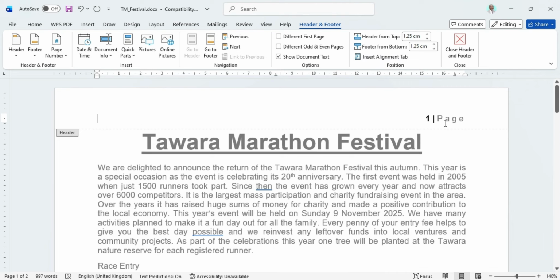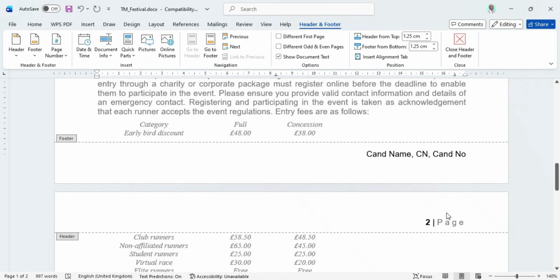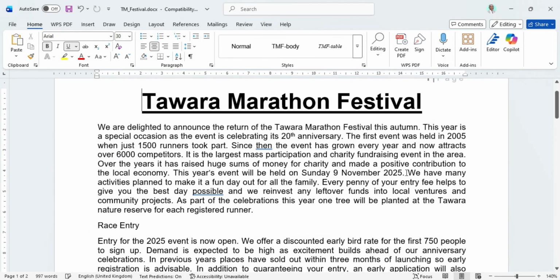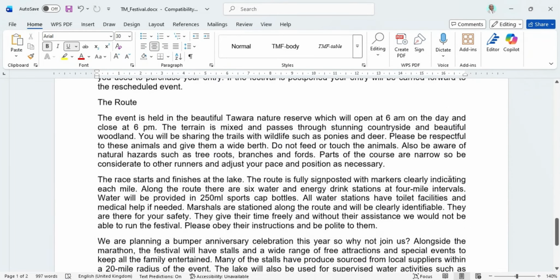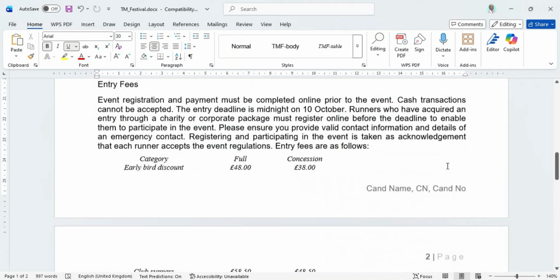So I have only the page number and the candidate details. Then I close header and footer. If you scroll up and down, you see that it is across all headers and footers. Okay, good. Then the next one is